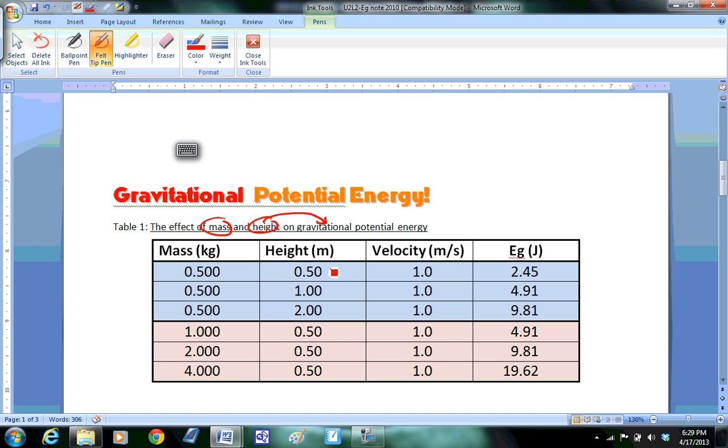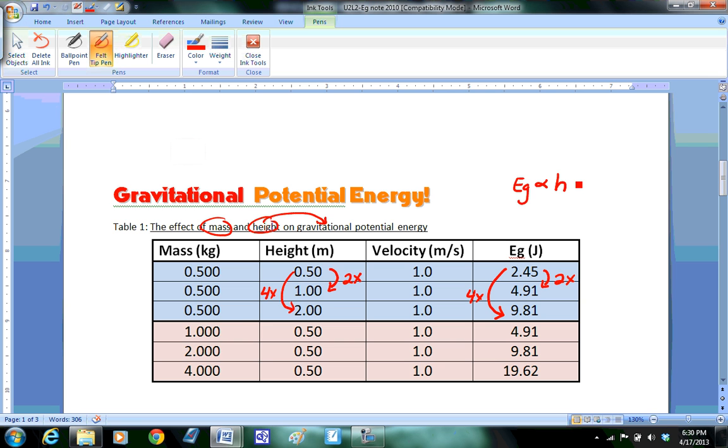So as I'm increasing my height, you can see here that my height goes from 0.5 to 1, or an increase of twofold. When you look at the gravitational potential energy, it doubles as well. It's also a twofold increase. So you can see here there's some kind of relationship happening. We can also go back and say, okay, now what happens when I increase my height by a factor of 4? When we do that, we can see that my gravitational potential energy also increases by a factor of 4. So we can safely say that the gravitational potential energy of an object is directly proportional to the height